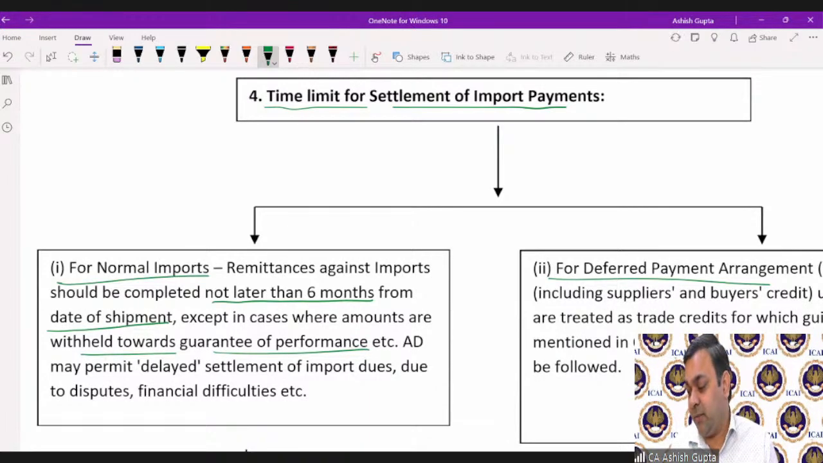Means maybe you imported some machinery and you have that agreement with the exporter of the other country that if